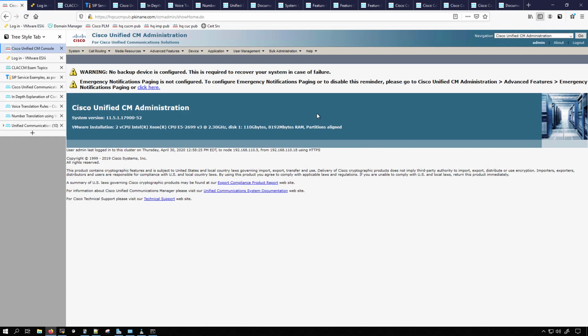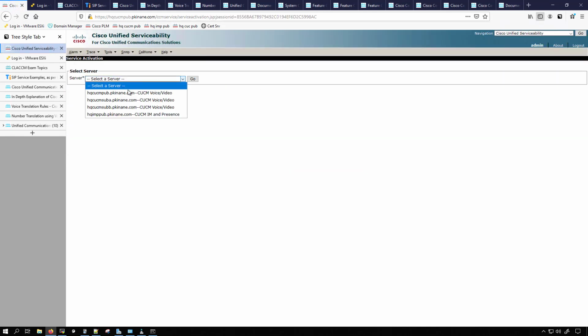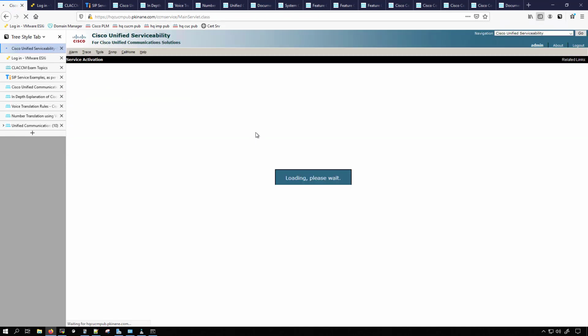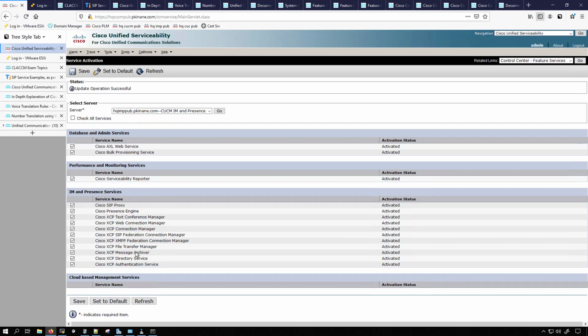I'm now logged into my publisher and I'm going to navigate to navigation over here and drop down to Cisco Unified Serviceability and click Go. And the reason I'm going over here is to make sure that all my services are activated. So in a lab environment, what I do is I just go to service activation, select my different servers, and then I check all services. I just get them all activated. And then I'll go to my subscriber and I'll do the same on those, but I'll pause the recording while I get that done. I've now activated all the services for my publisher, my 2 subscribers, and my IM and